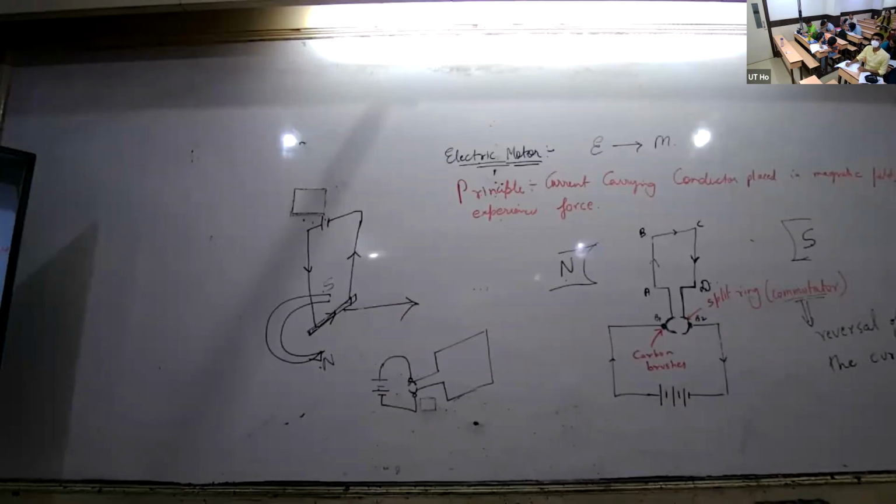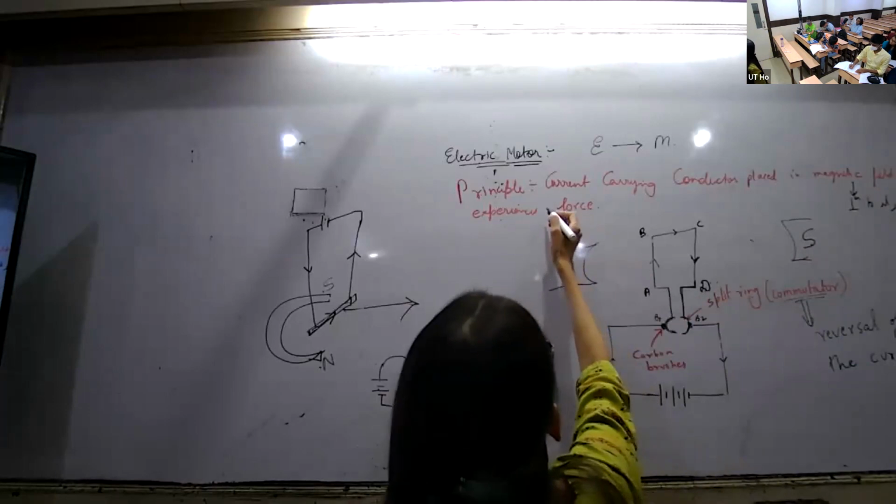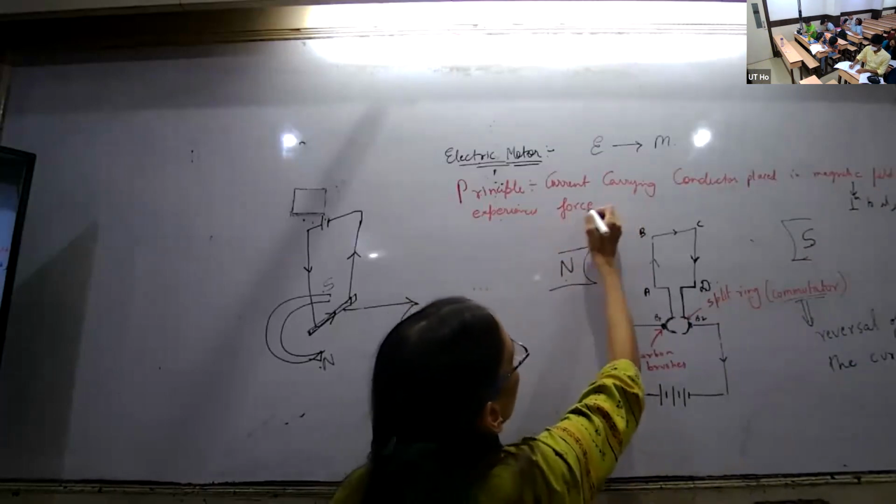Perpendicular, there's a sign for perpendicular, that this is perpendicular sign if you are aware of. I did not have space, so I just placed a magnetic field perpendicular to it. And then वो आपको current carrying conductor placed in magnetic field perpendicular to it experiences force, if you want to write